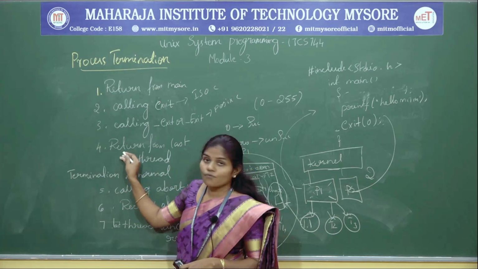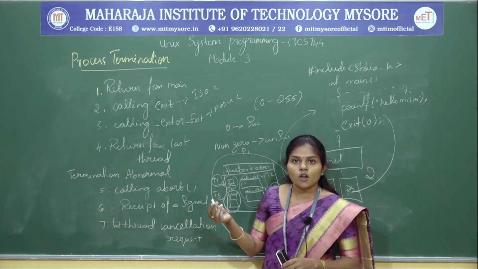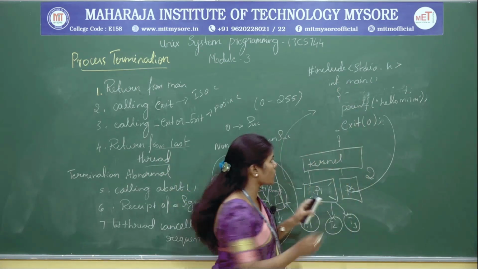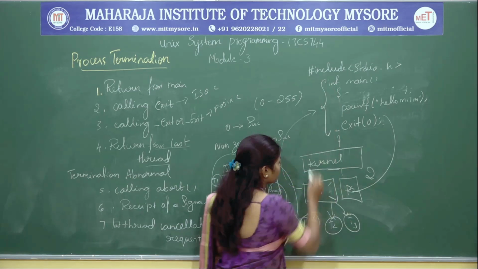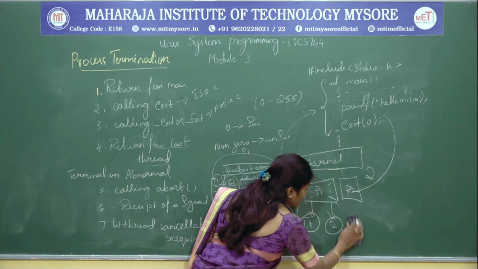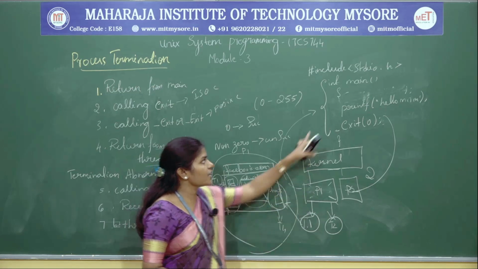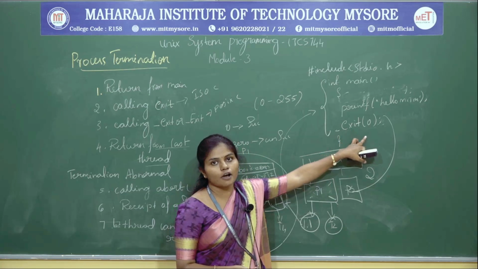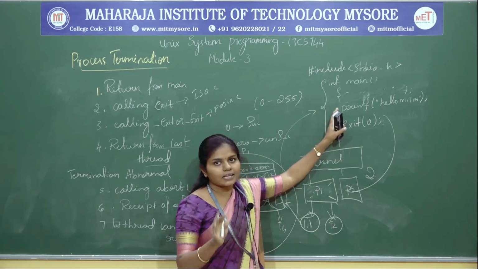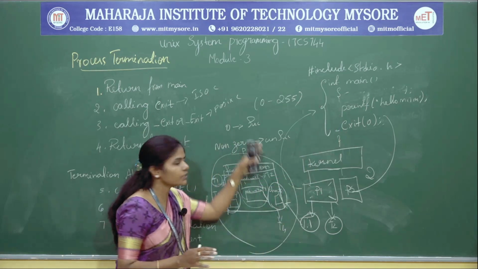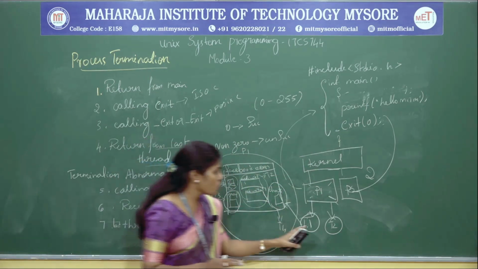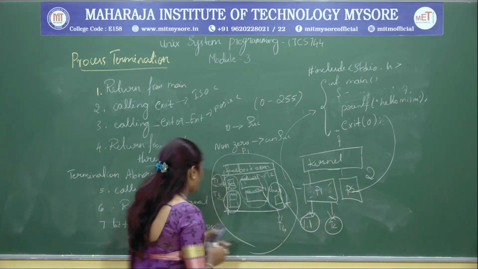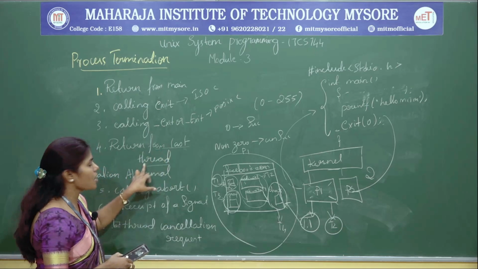Now, it is normally going to return from the last thread. See here, for this whole program I am going to say it takes only 2 threads. Thread 1 is responsible for executing the printf statement, and thread 2 I am taking for the exit of 0, right? I am taking a simple example, you can compare it with a large application. Thread 1 and thread 2 are going to be executed concurrently, right? So at the end, it says return from the last thread.